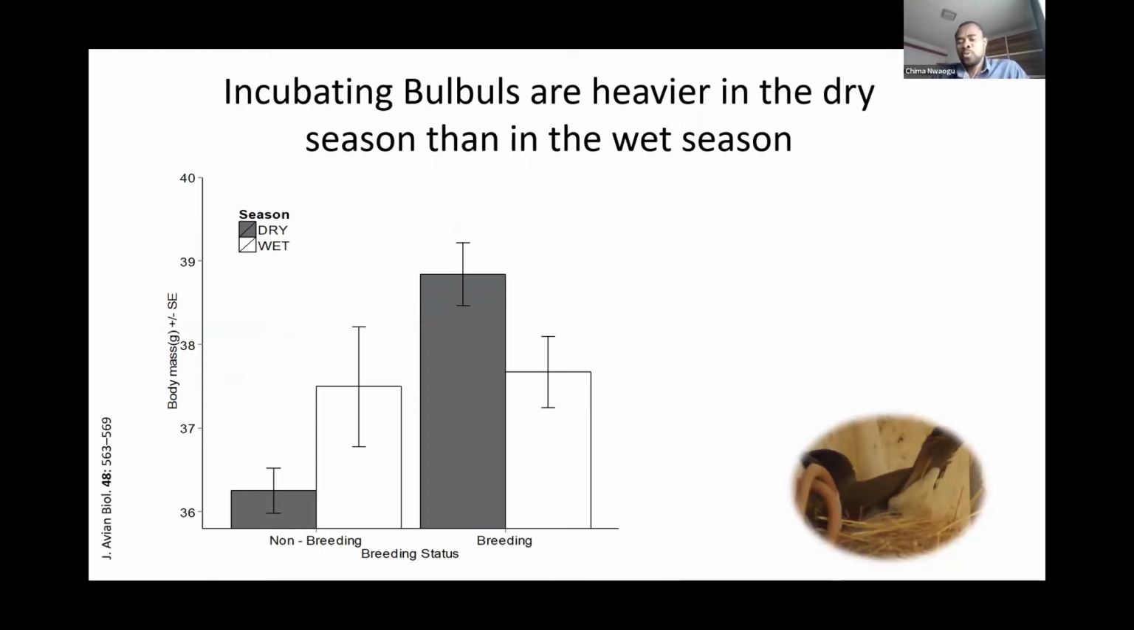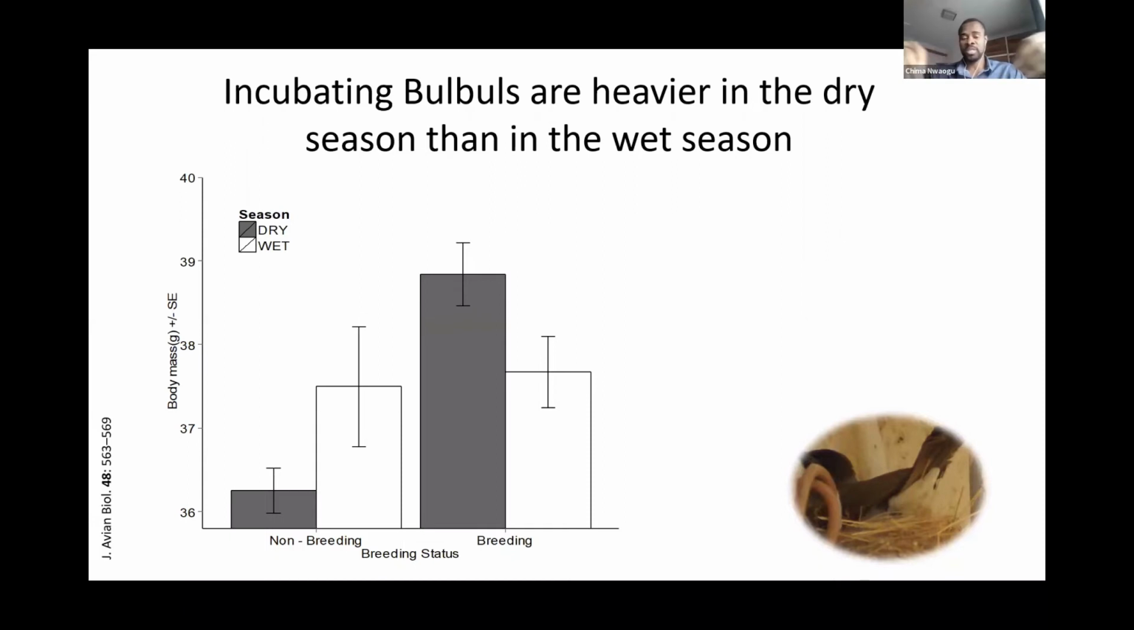But how do birds cope with breeding in the wet season and the dry season? We thought that there must be some kind of a mechanism that allows them to cope with the harsher breeding condition in the dry season. And what we found was that the birds that bred in the dry season put on higher body reserves. So they were heavier than the birds that were breeding in the wet season,